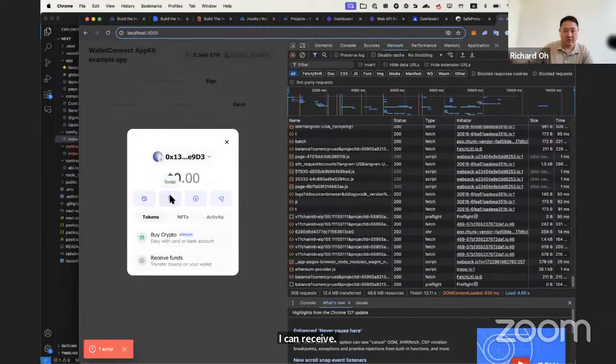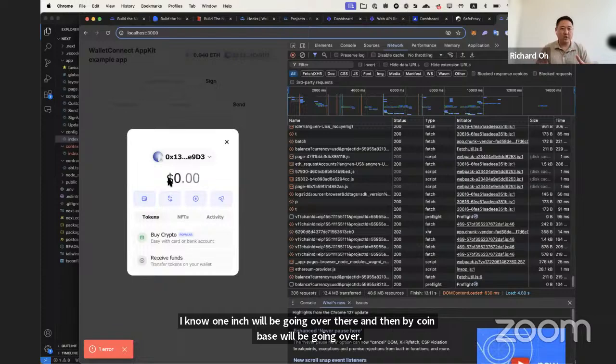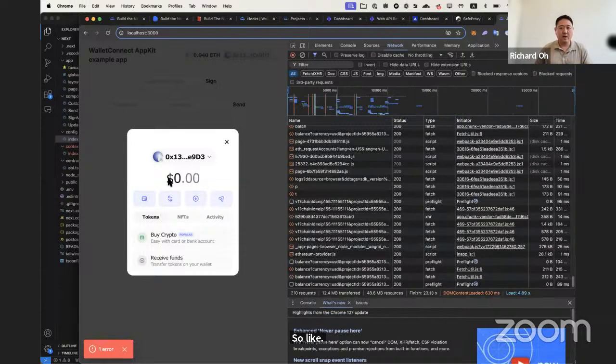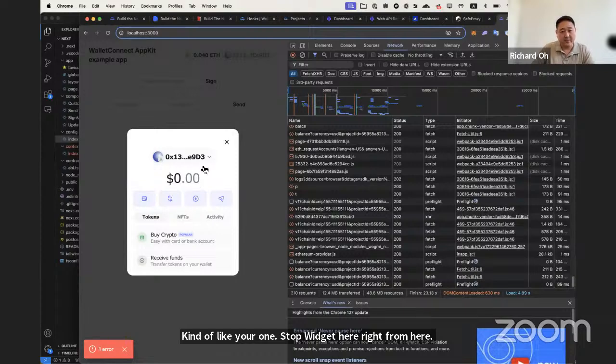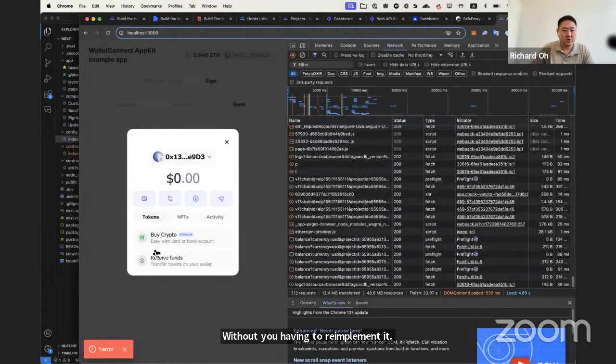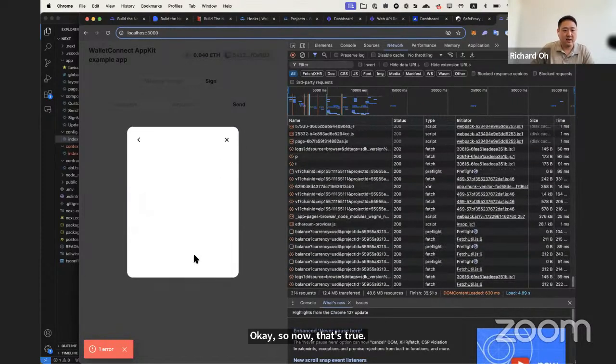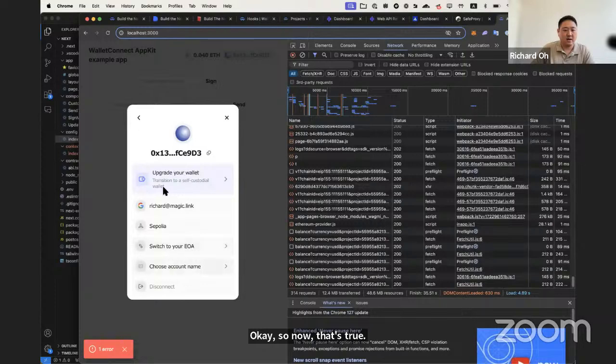And I know 1inch will be going over that, and then buy. Coinbase will be going over that. So like, kind of like your one-stop widget here, right? From here, you can give your end users the ability to do all of that without you having to re-implement it. Okay, so now that that's true, and now that I have also my smart account,